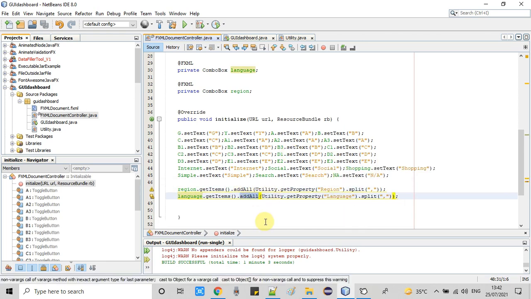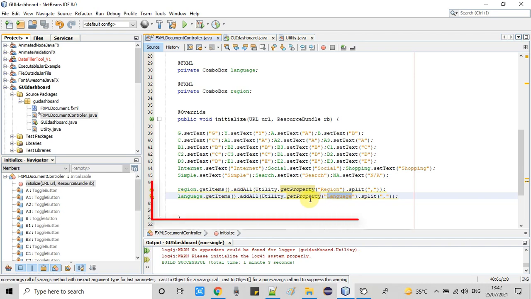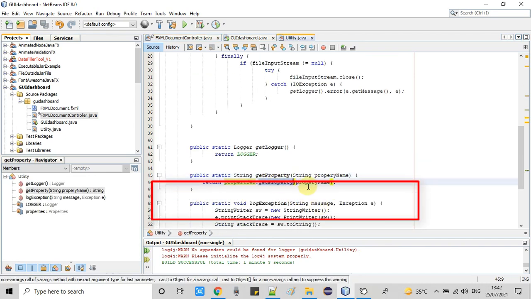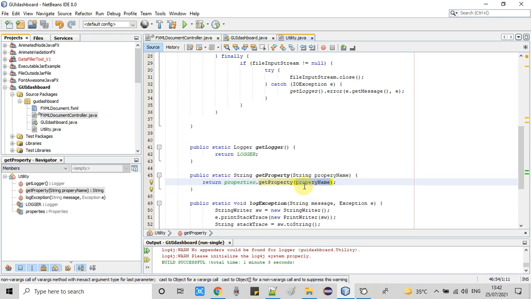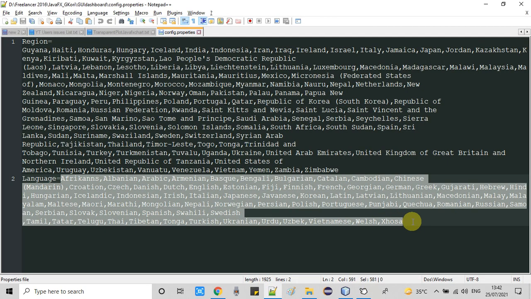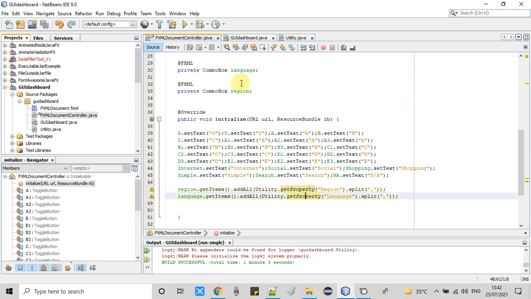In the same way, we have done the same for the language combo box. Utility.getProperty, we want the language string. So the getProperty method is here, and the statement at line 46 will take this argument, go into this property file, get the language property, collect this string and return it back here at this line.